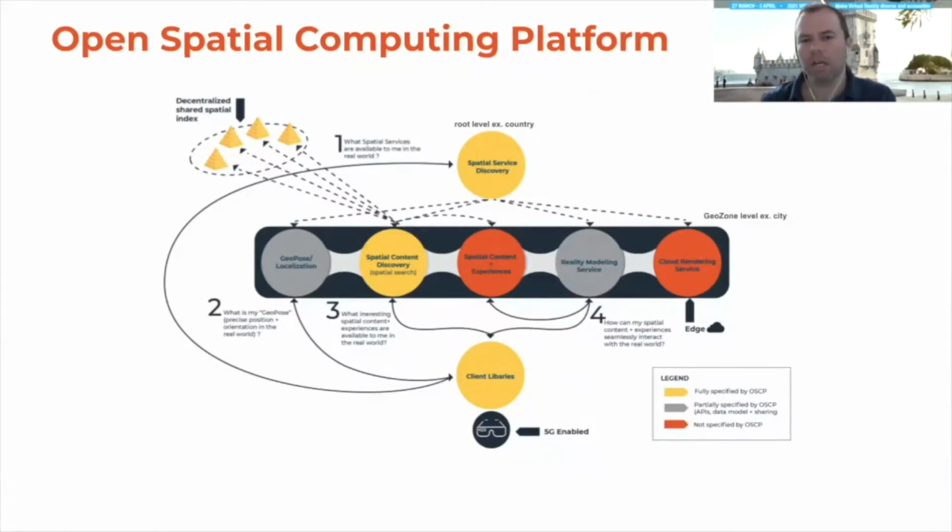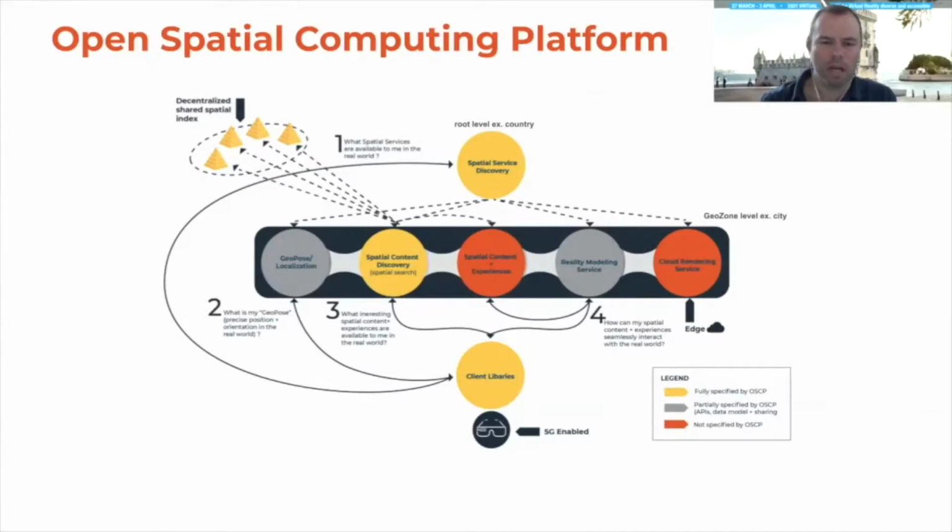Now, touching on the color scheme here, you'll notice we have some services shown in yellow, which are fully specified by OSCP. What this means is that we define not only the APIs and the data models, but also the internal design and implementation details. That's the case for services such as Spatial Discovery. We have others that are shown in gray, where these are partially specified.